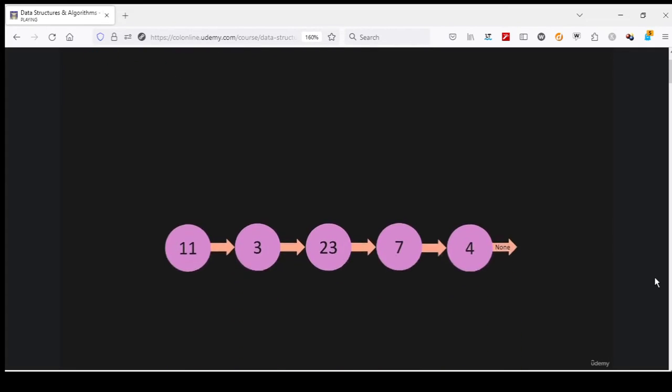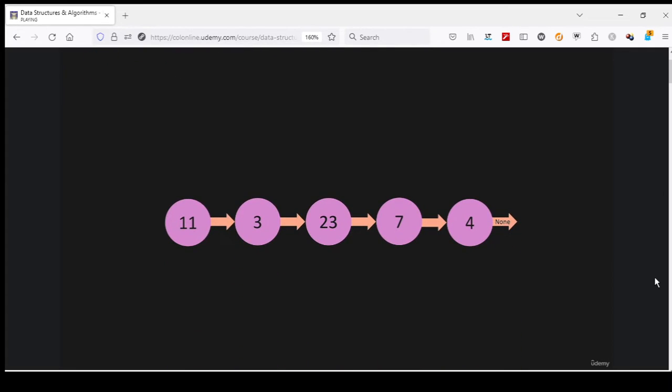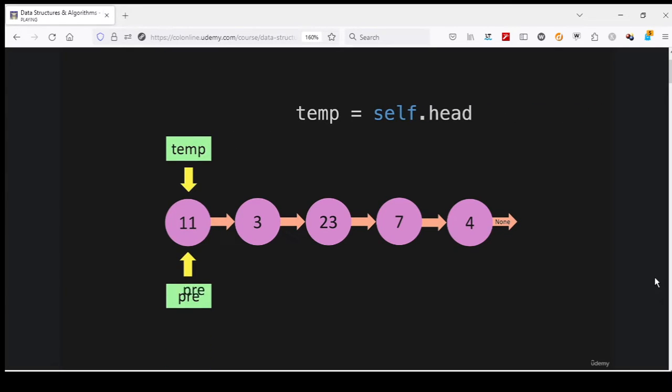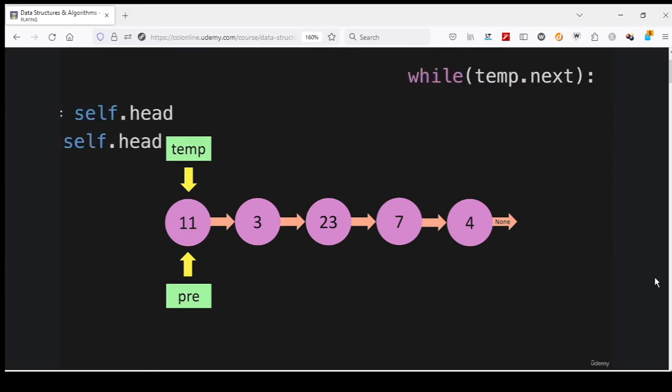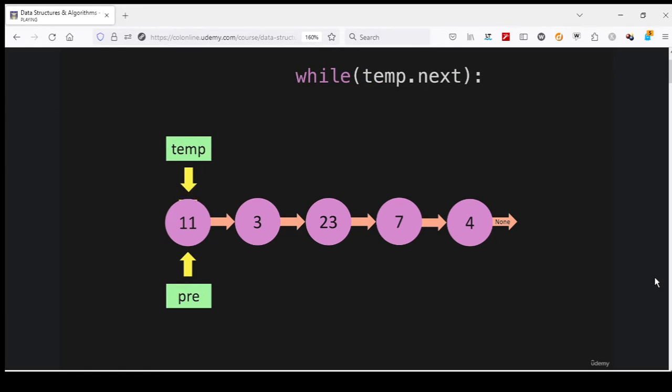So the next situation we're going to code for is if we have 2 or more items in the linked list. And as we discussed in the last video, we're going to have 2 variables that are going to be temp and pre. Let's create those. We'll say temp equals self.head and pre equals self.head. And then we'll walk through this with a while loop. And we're saying while temp.next